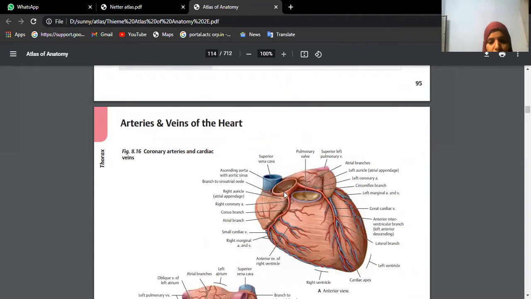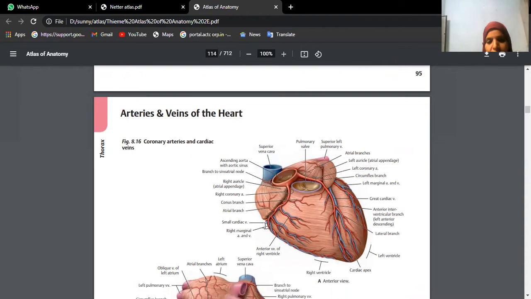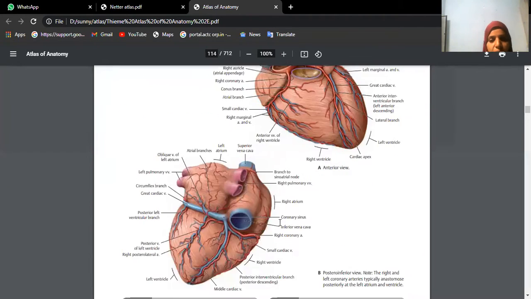We know, from the aorta, we have the right coronary artery, which is running in the atrioventricular sulcus. This is the marginal artery, and we know the right coronary artery comes behind like this. Okay. The crux of the heart is an area where you will see the anastomosis of the right and left coronary arteries. As Hema was telling, the right coronary artery continues in the posterior interventricular sulcus, like this.